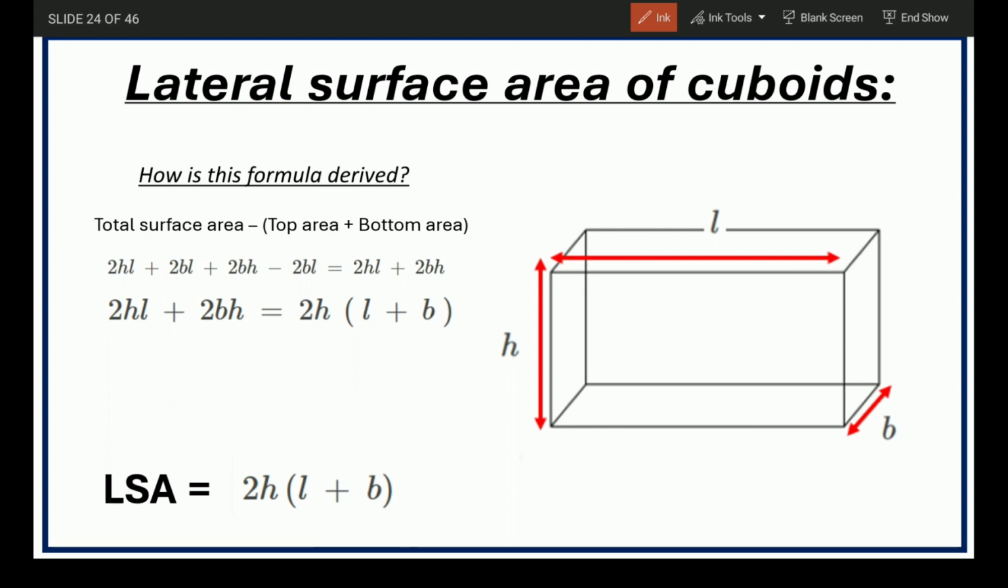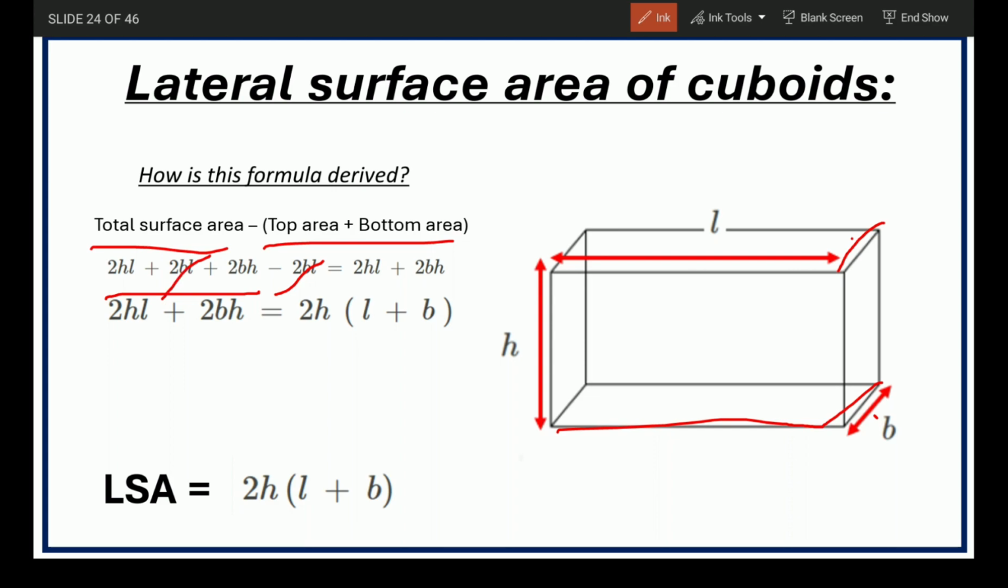Now, we just have to have the total surface area minus top area plus bottom area. You can see here how it is derived. Total surface area is 2HL plus 2BL plus 2BH. And the top area plus bottom area, as you can see, is BL and another BL over here, so 2BL. Now, if from 2HL plus 2BL plus 2BH we subtract 2BL, strike it off, we have 2HL